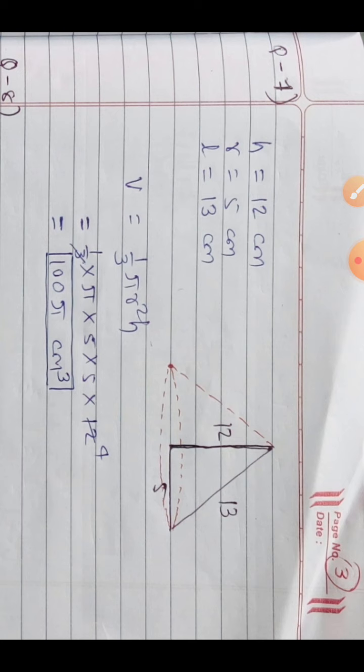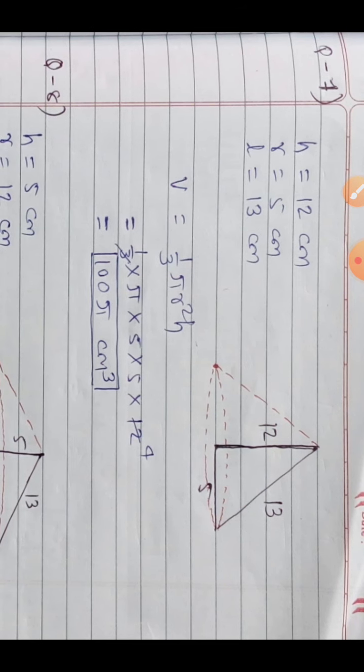After getting the values of H and R, it is just the same volume formula. Values are placed, but you can see I have not placed the value of pi. I kept pi as pi only because at last they have given us the answer in pi only. But if you want, you can place the value of pi, because in the exam how can you know whether you have to give your answer in terms of pi or not?